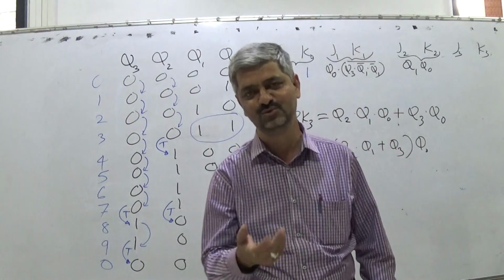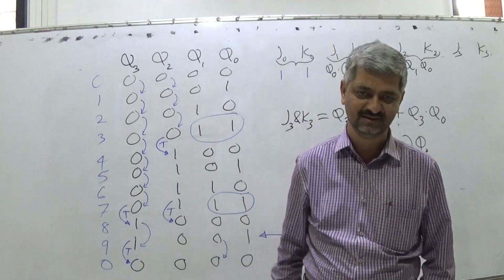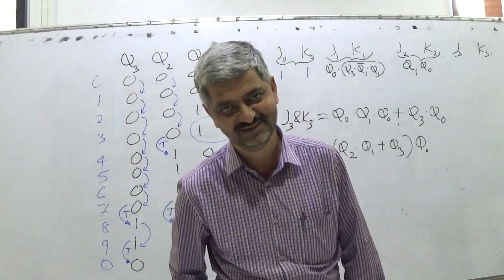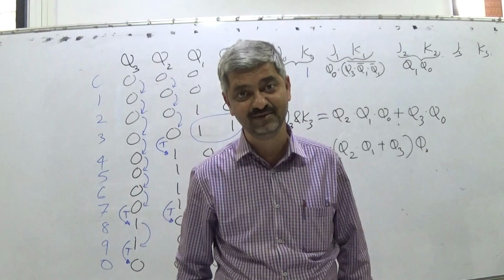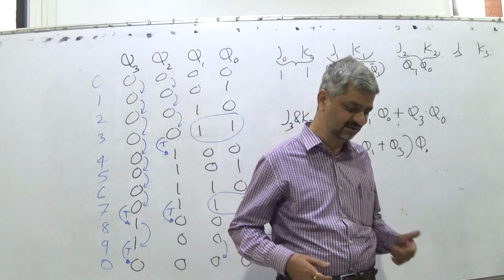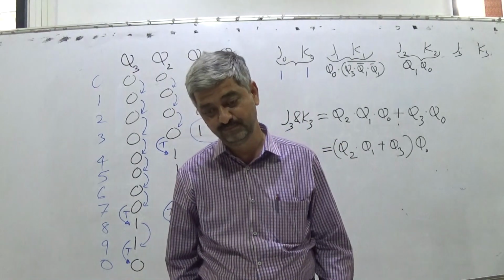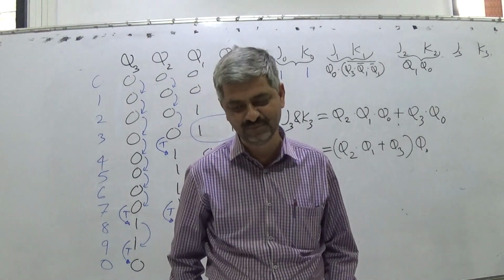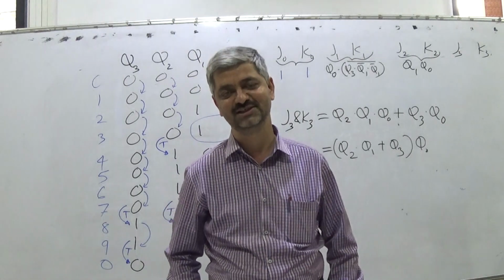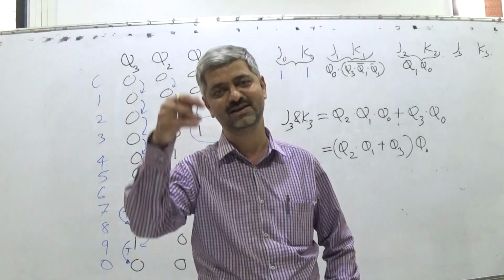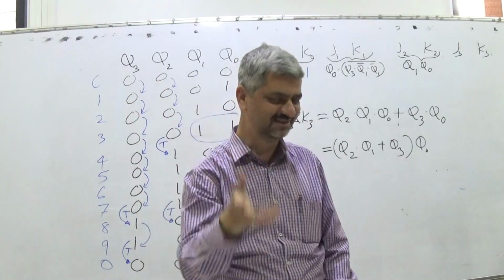So with this, I think there is no end to describe. Even we can have a skipping state counter, say only odd number counter, then prime number counter. Those who are really interested can think of designing a prime number counter for numbers from 0 to 63. It would be a 6-bit counter, and it will advance through only prime numbers, say 2, 3, 5, like that. So it can be a very interesting design.